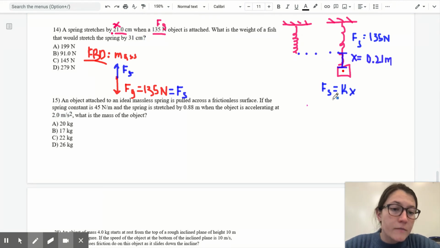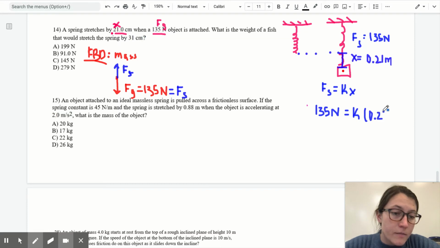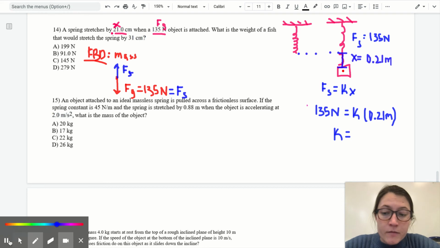So we consult Hooke's law, which states that the load applied to the spring is proportional to the stretch distance of the spring times the rigidness or the spring constant of the spring. So we know that the spring force is 135 newtons. K, we don't know, so we leave that as a variable. And the stretch distance is 0.21 meters. So we divide both sides of the equation by the stretch distance, and we get